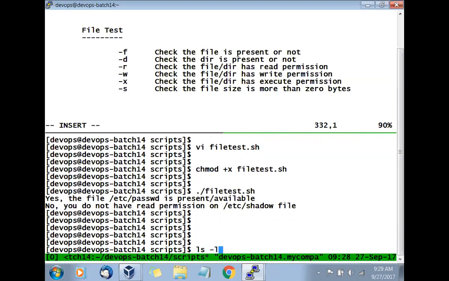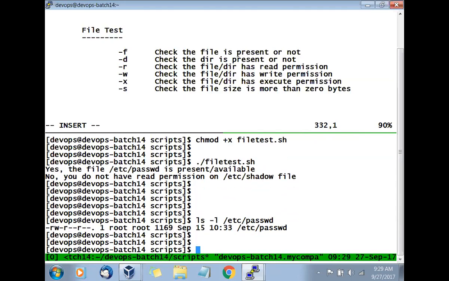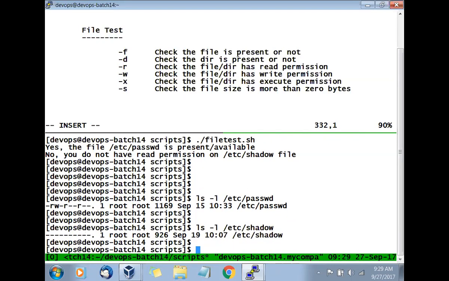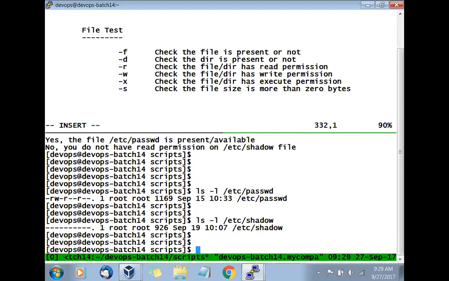Let's go and check that. Yes, it's present. Now, what is the second? No, you do not have read permissions. Really? Let's go and check that. So, what is the permission? No permissions. No read permissions for you. Wow. So our test is successfully running.